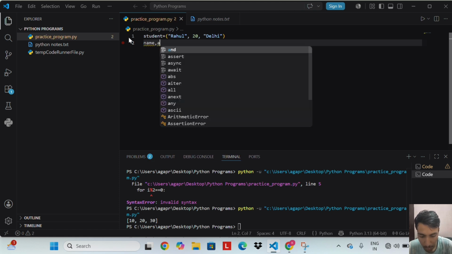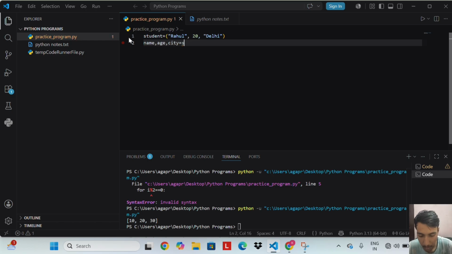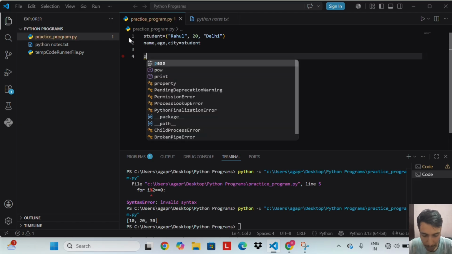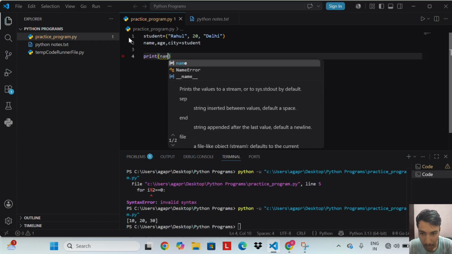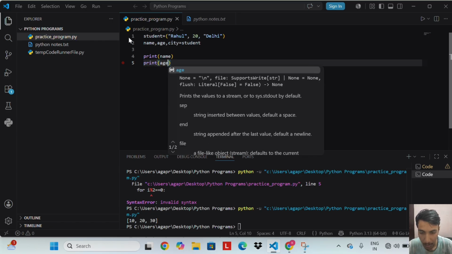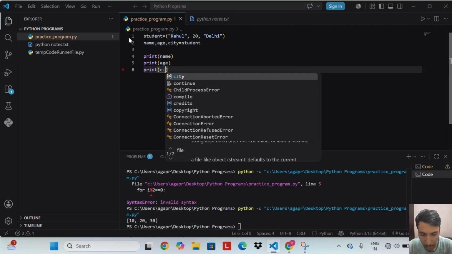Name, age, city equal to student. Print name, print age, print city.